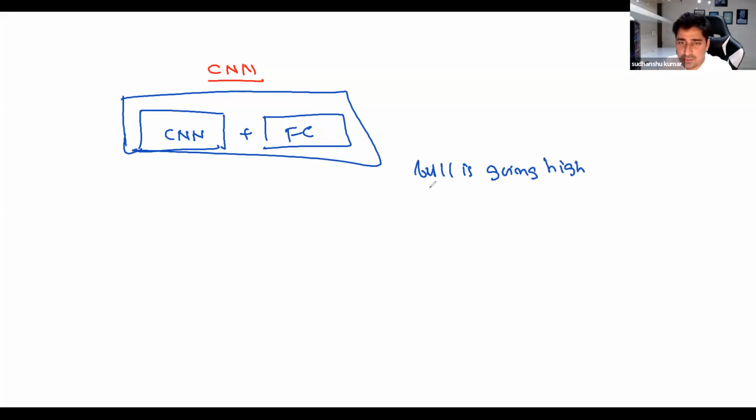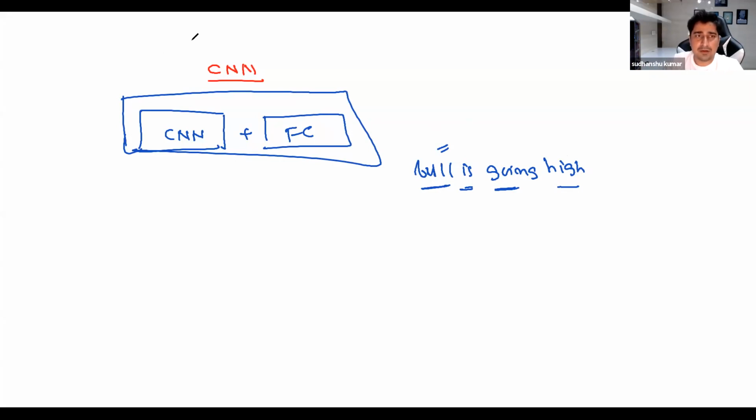I have just four words, four tokens here, and with the help of four tokens I'm just trying to express myself. I'm trying to say that bull is going high, or bull is running high. In this case, generally a bull simply means an animal. I'm just talking about an animal in this case.